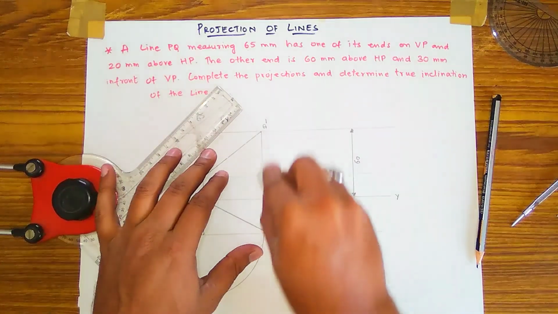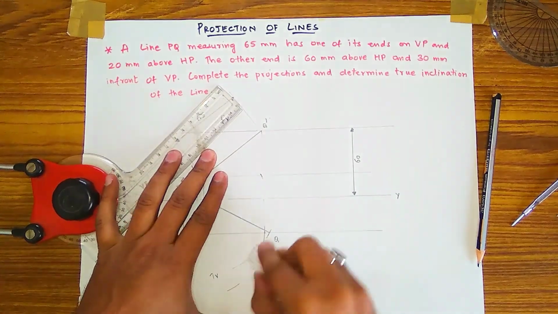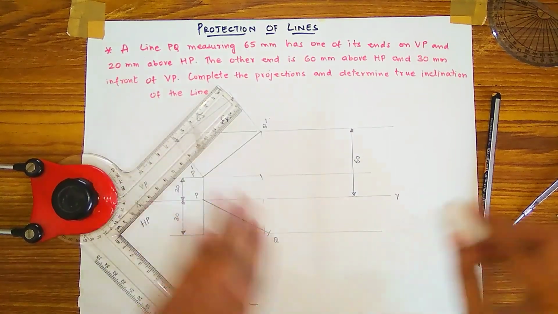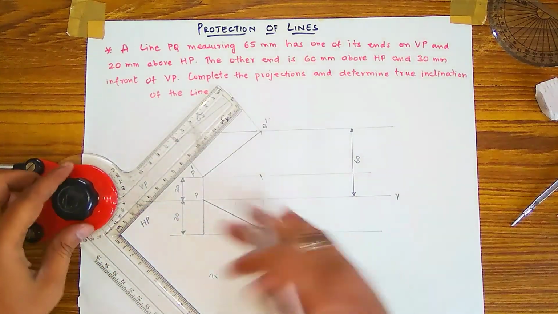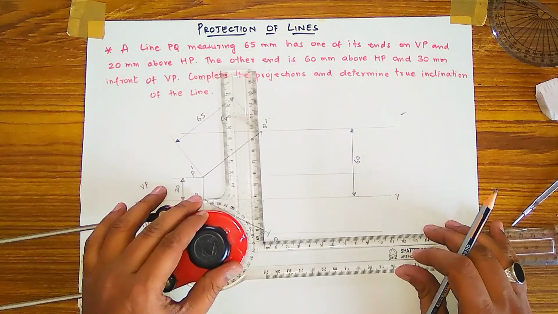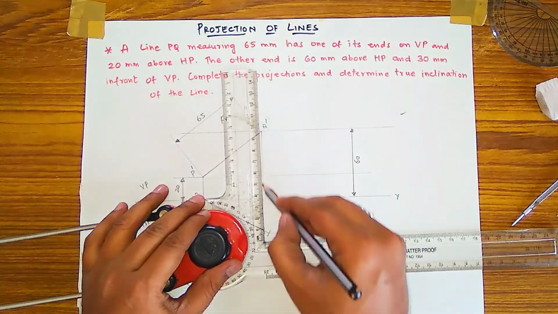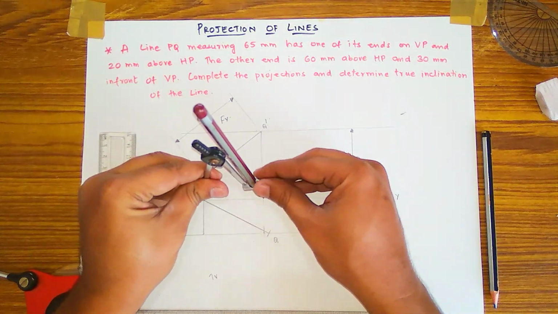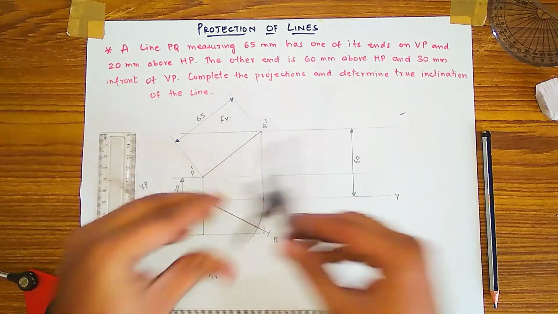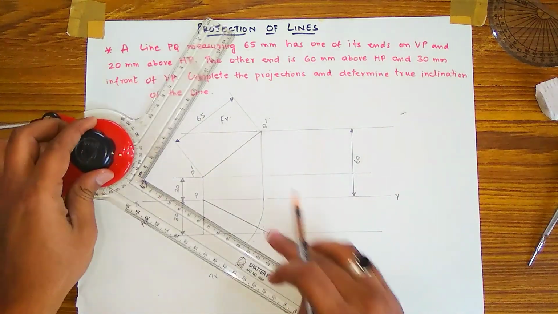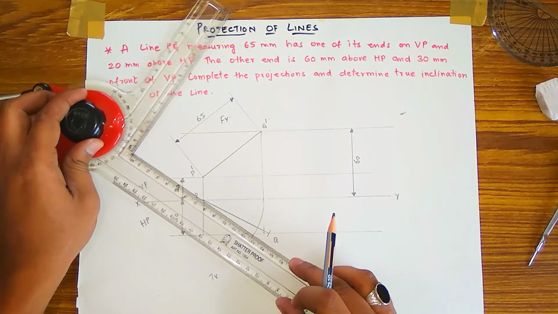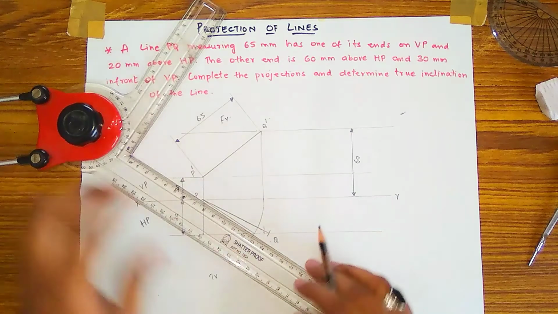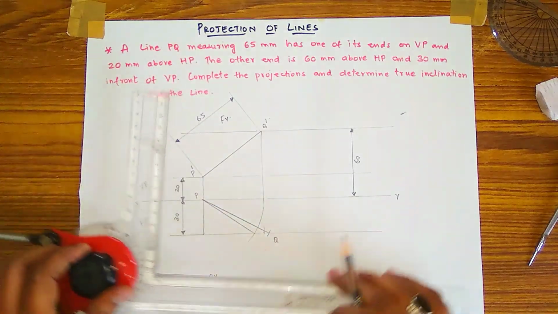From the Q I have done an extra process, so from there we don't have to do it. After taking this from Q, you have to draw the line till this XY line, and from P to that line you have to adjust your divider and draw an arc like this. Then where this arc is meeting this locus, from there to that P point you have to draw a line like this. These two top views we have got.